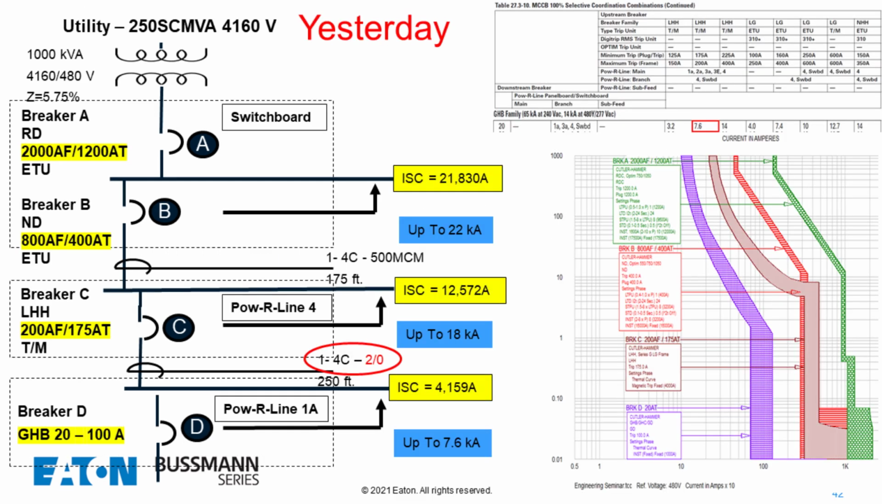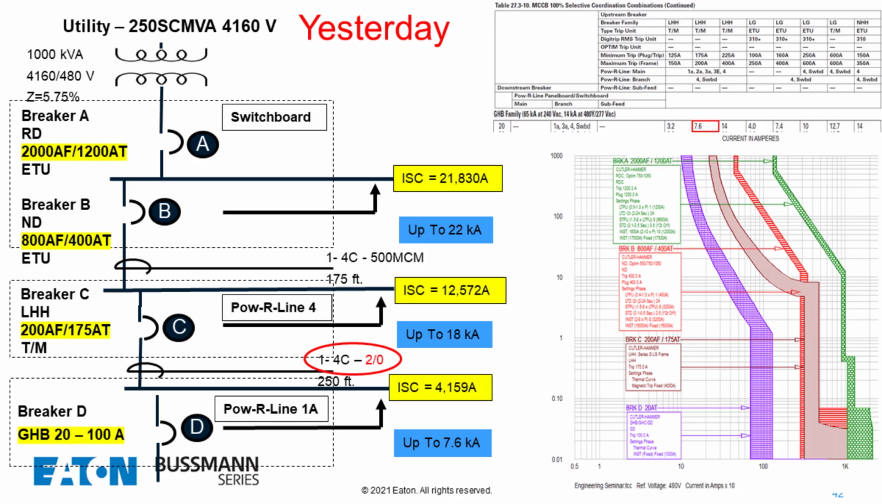Well, to be selectively coordinated, now C is going to have to be a 200 amp frame with a 175 amp trip setting. With that 175 amp trip setting, we have to change our conductors from a number 2 to 2-aught conductors. And now D is selectively coordinated with C. But as you can see, is C really coordinated with B? And B is your red curve. And you can see that it's not